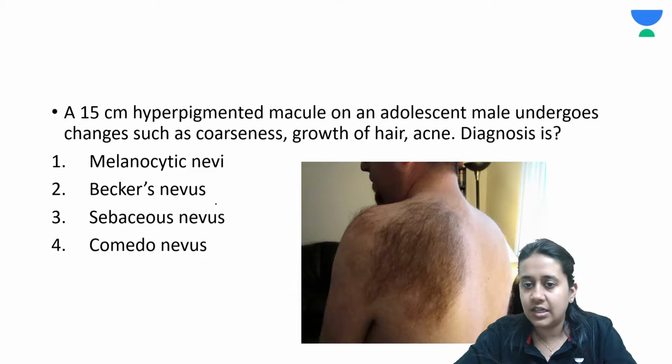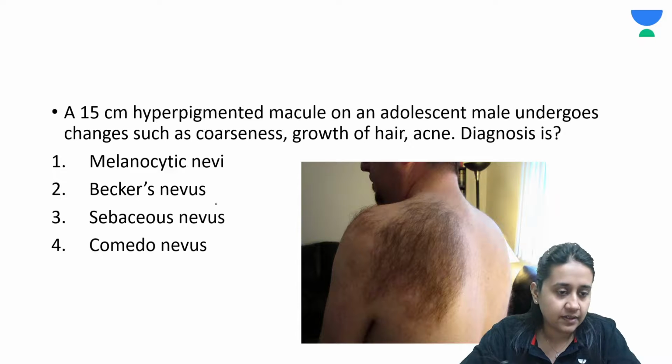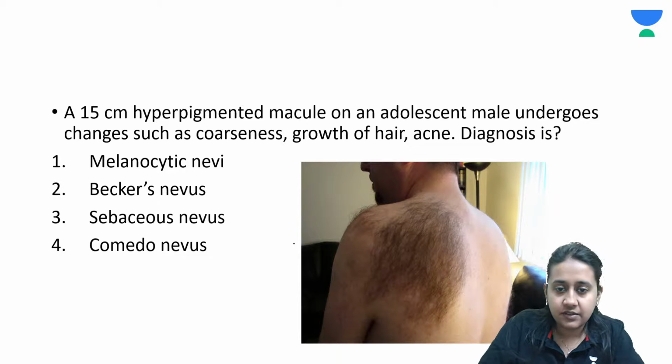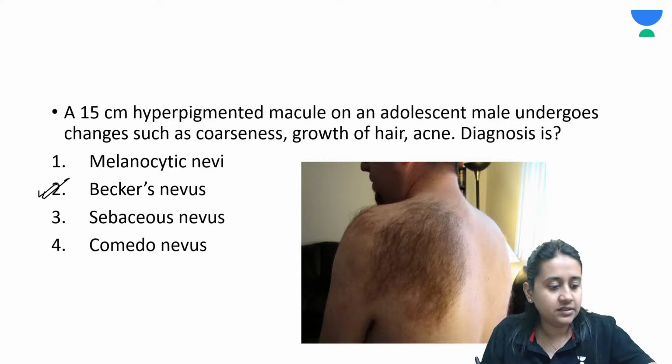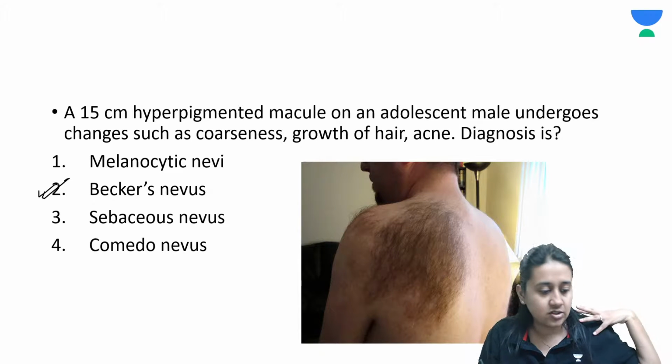A 15 cm macule on an adolescent male undergoes changes such as coarseness, growth of hair, acne. What can be the diagnosis? Very well done, all of you, amazing. Please remember, this is a very classical image of a Baker's nevus. You can see that there is a greenish lesion which is present on the